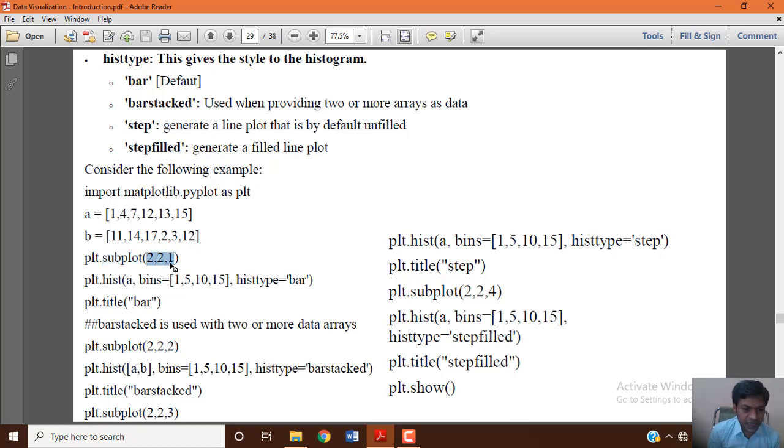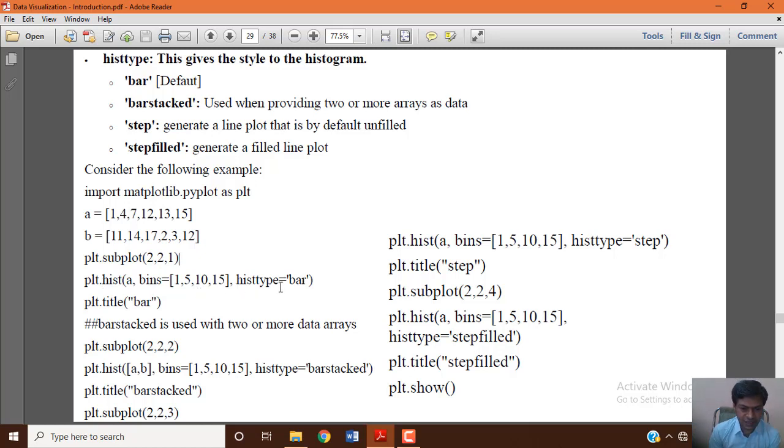The first parameter is the total number of rows the plot is divided into, then the total number of columns, and then the position, left or right within that. Two rows and two columns, so your plot will be divided, and then one means left, the first column, is hist of a comma bins and hist type bar.